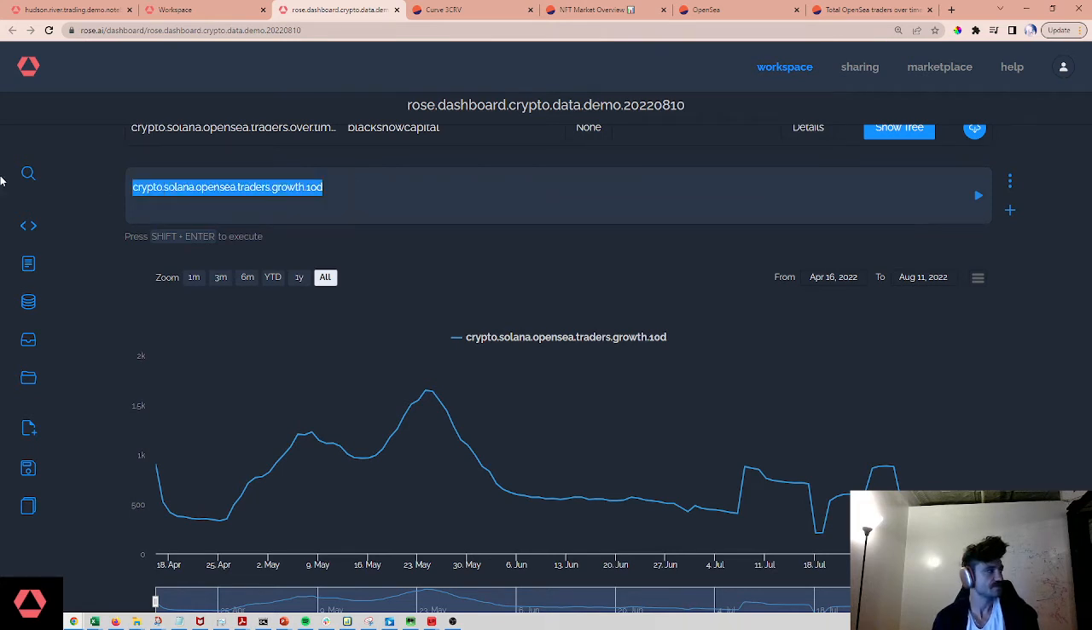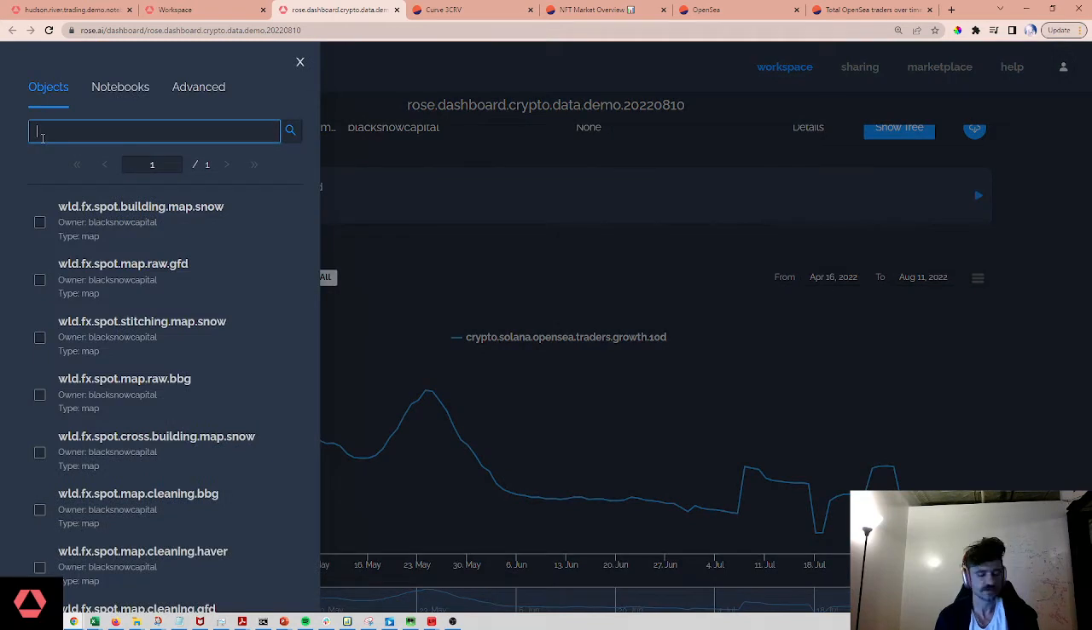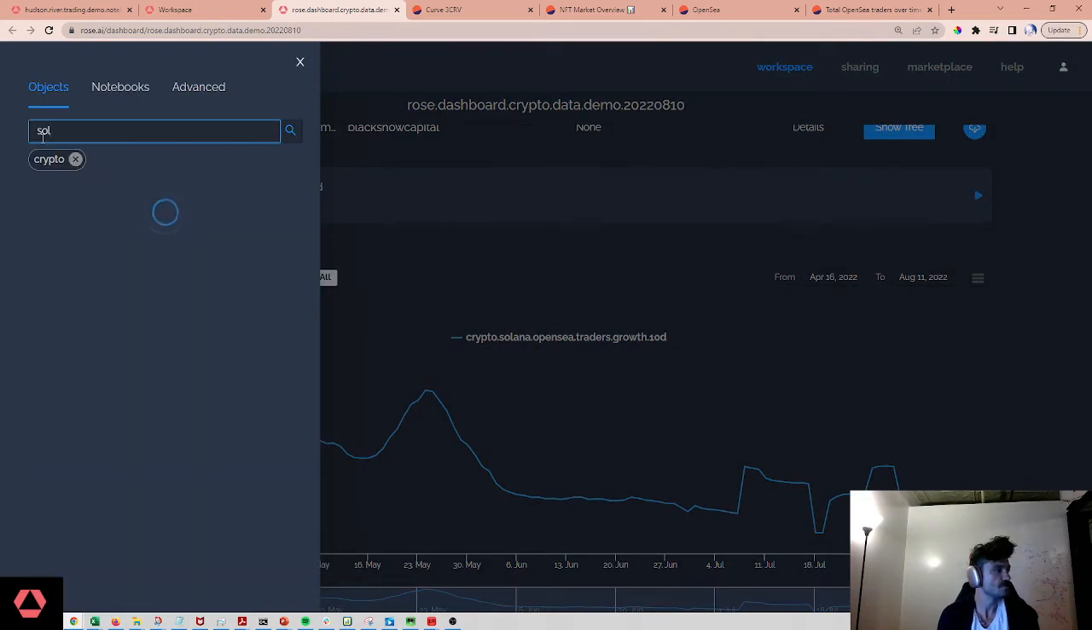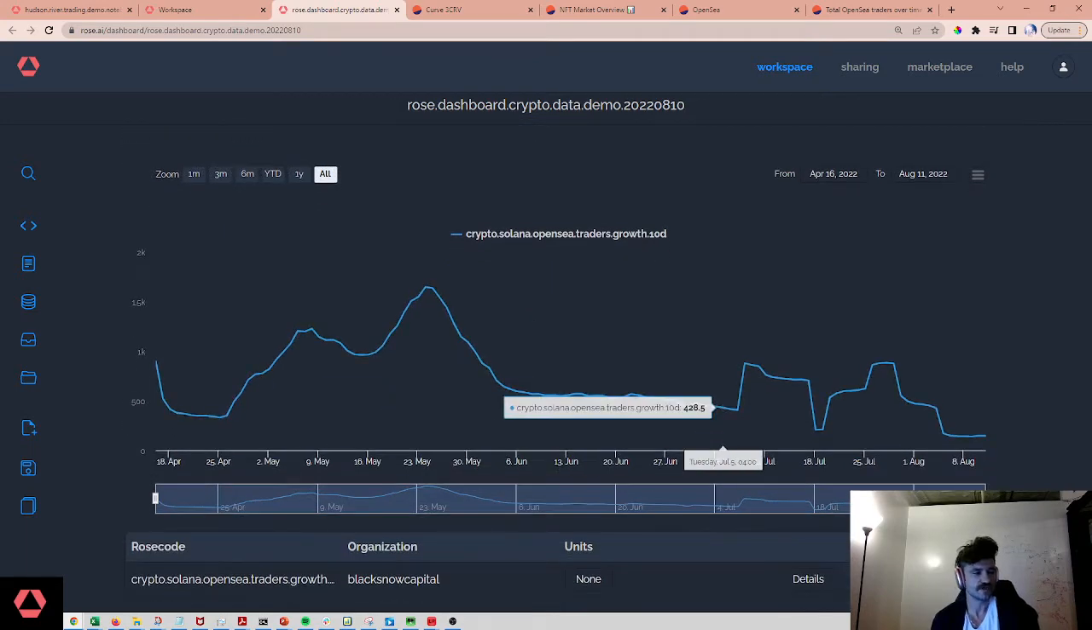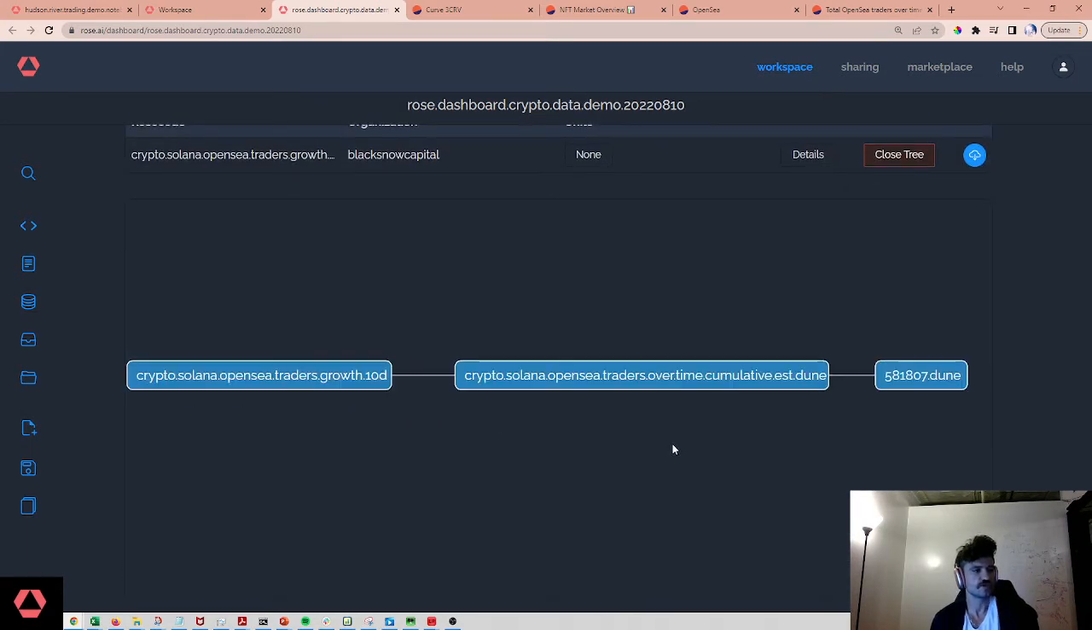And the reason we're doing this, the reason we're making that little equals, which I'll show you in a second, a little bit easier, is so we can find data. So we go over here to search, and we're going to search for crypto Solana growth. And the object that we just pushed to Rows is now available in Rows. You can click it, you can search for it,